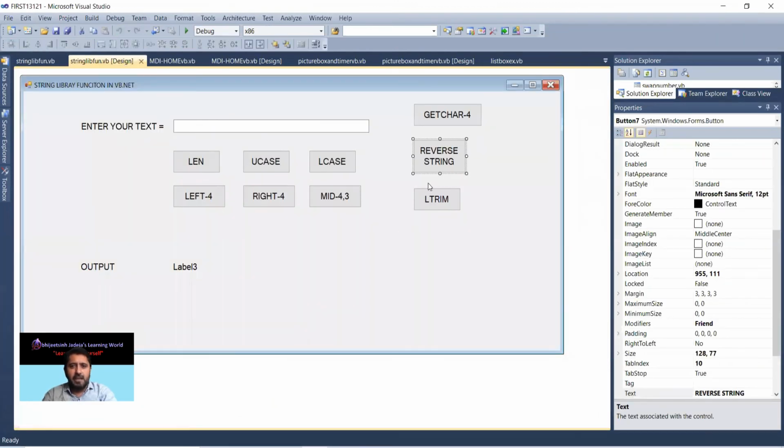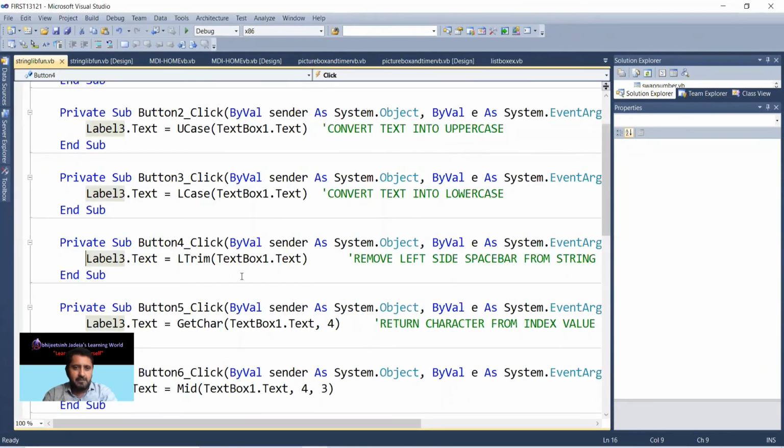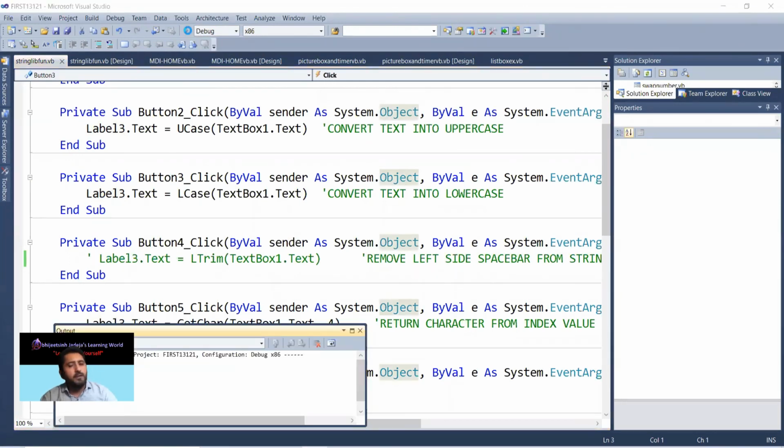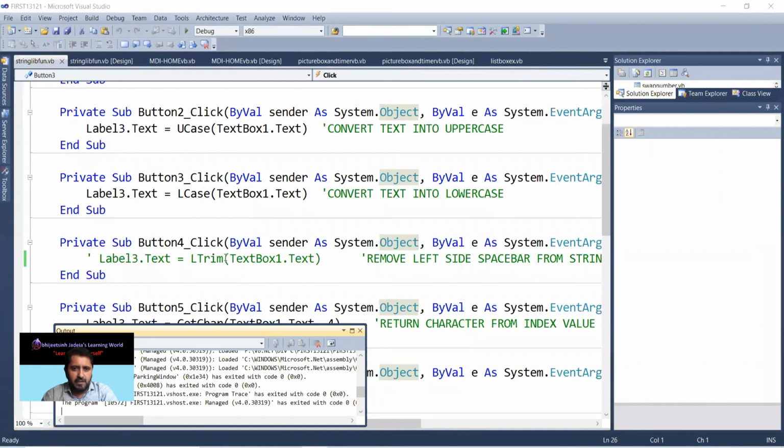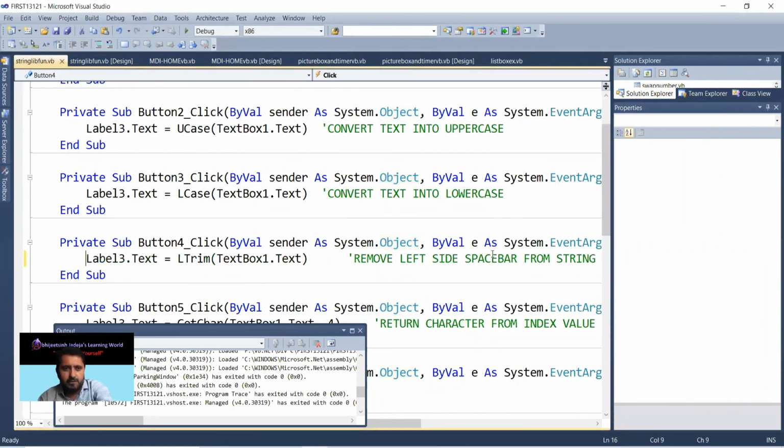The last thing is LTrim, and LTrim means this: remove left side space. Suppose you would like to lock this particular screen, just understand carefully. I'm just making this a comment, and let me explain without LTrim how we can use it. I give so many spaces and I'm writing Dr. Abhijit. When I click, oh my god, because there are no LTrim functions here, because we locked all the string.